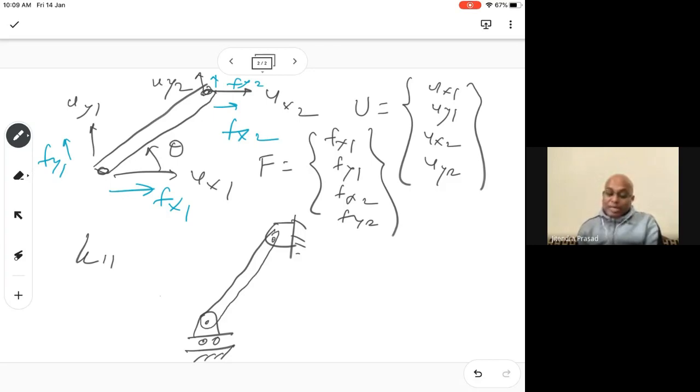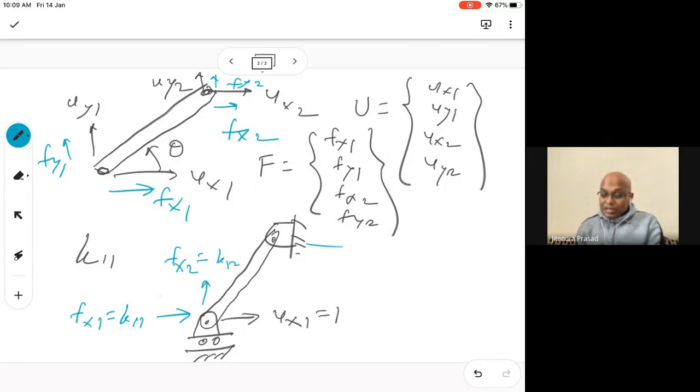And then we give a displacement in this direction. Which direction? In the first direction, that is ux1 equal to 1. Then we measure the forces. And whatever force we measure, that will be known as, this is the force, right? If x1, it will be equal to k11. This is the force if x2, it will be k12.